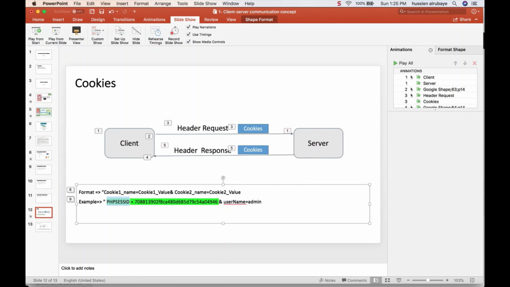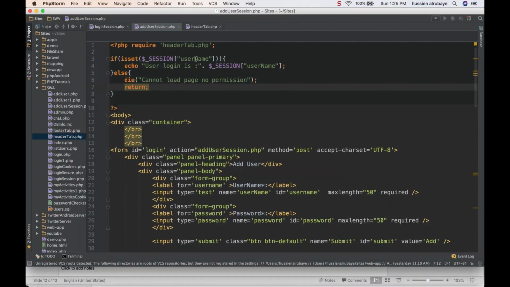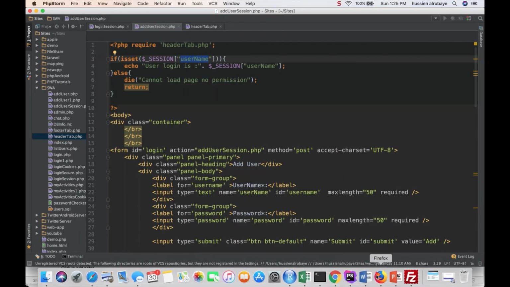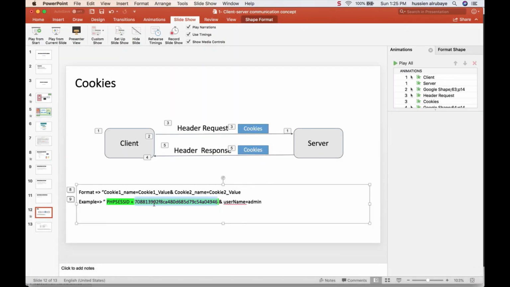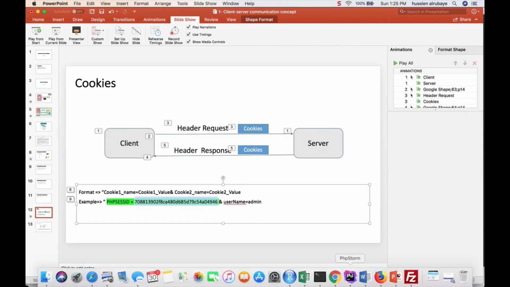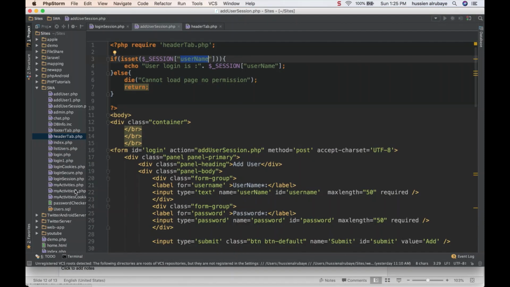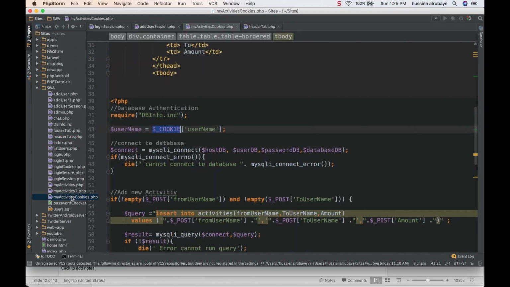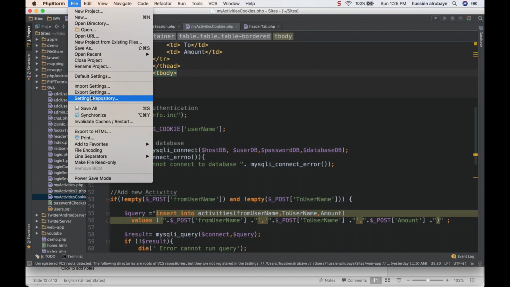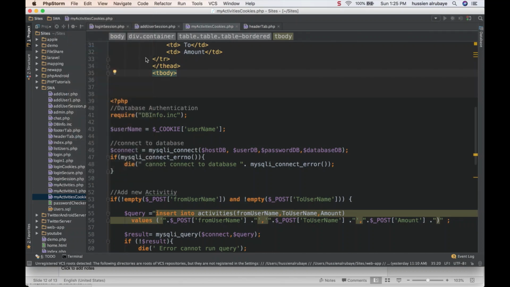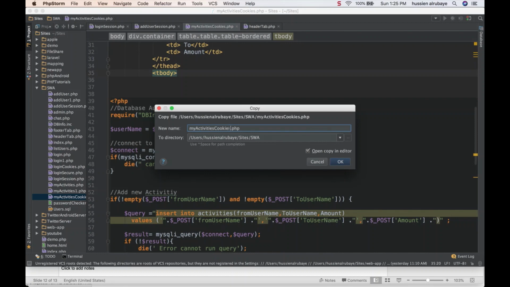When in my page I ask for the session username, the server will say, okay, let me check. This user ID, or this PHP session, had that username. I will send him whatever username was saved there. I want to make my code more coherent. What I do, I just say, okay, this is the cookies page. I will save a copy of it as a session page. I just want to make my code like, save as, instead of cookies, I name it session, my PHP session,